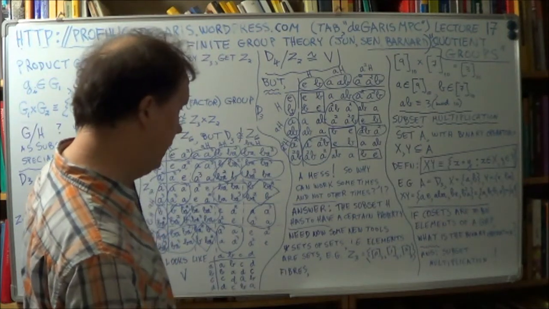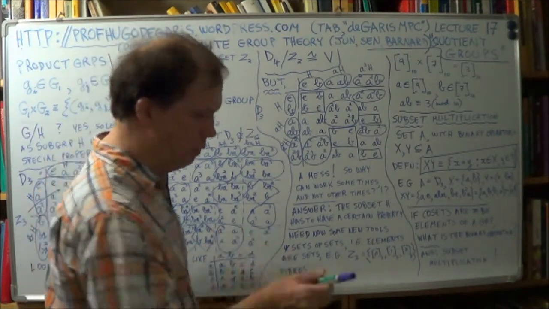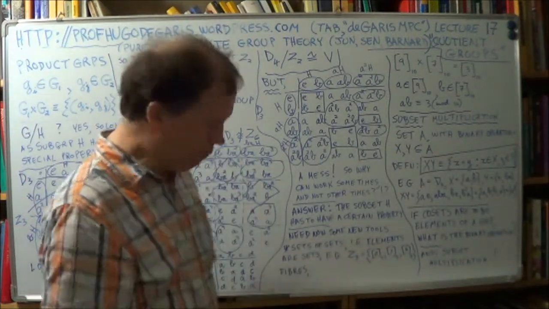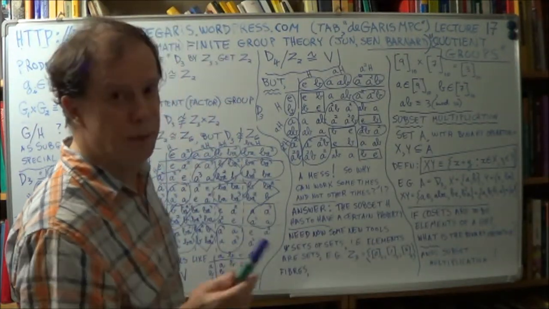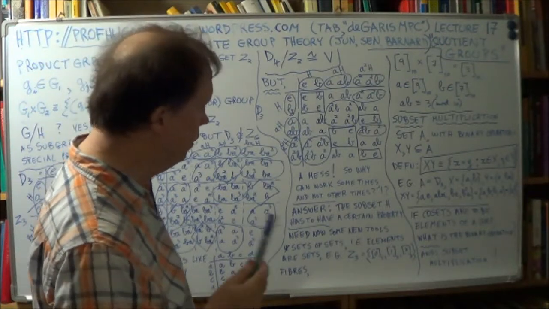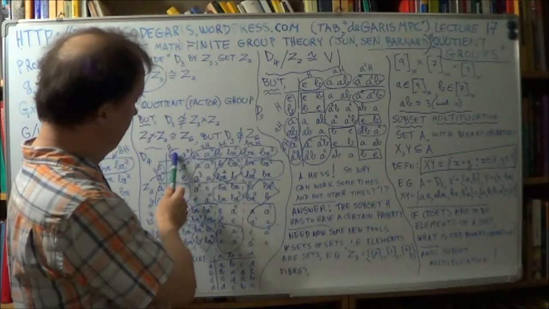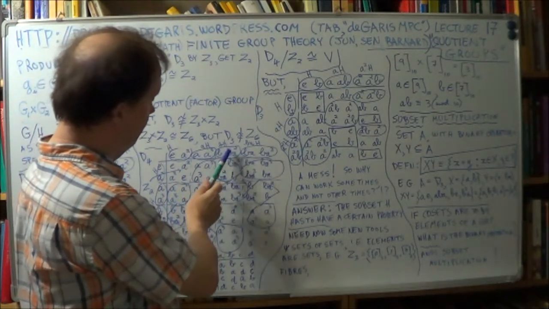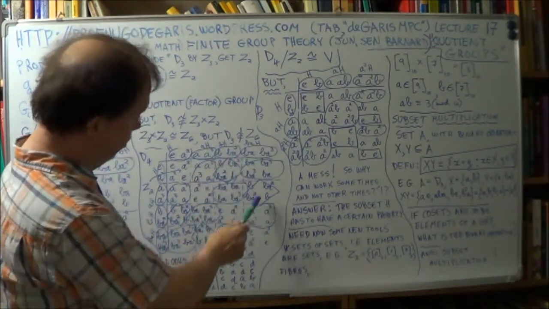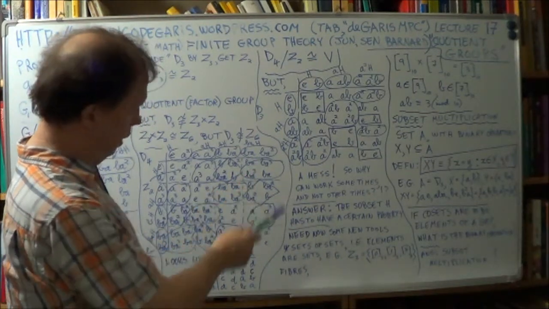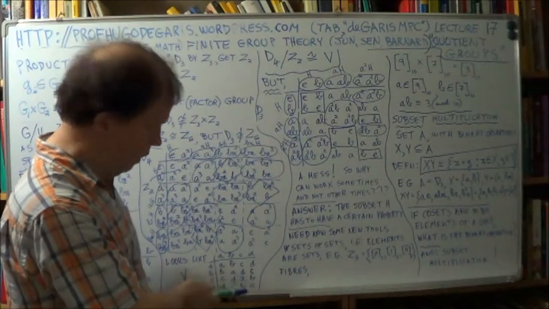All right? Now, I'm going to go off at a tangent for a little while because I need some new tools. Because if these elements here that form blocks, and these blocks become elements in a smaller group,